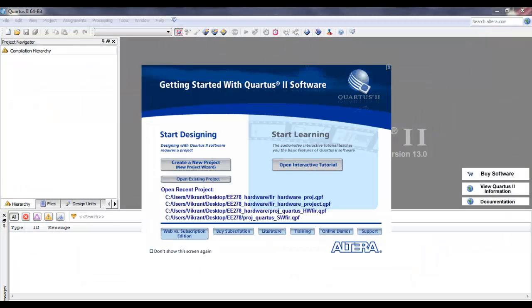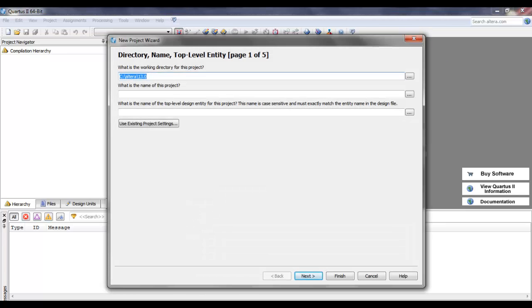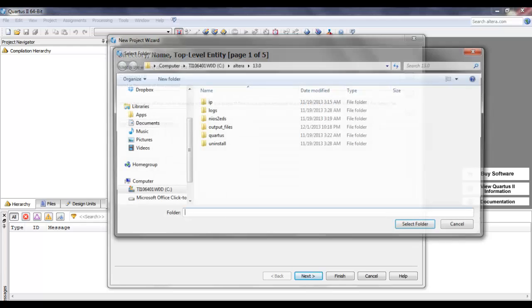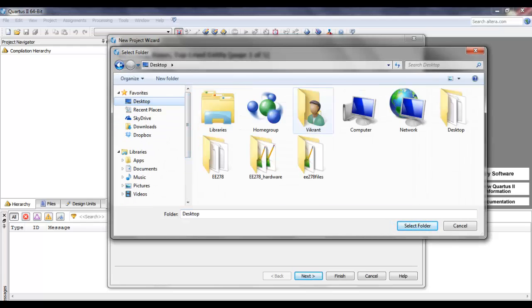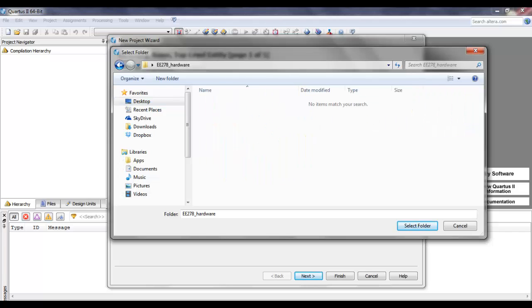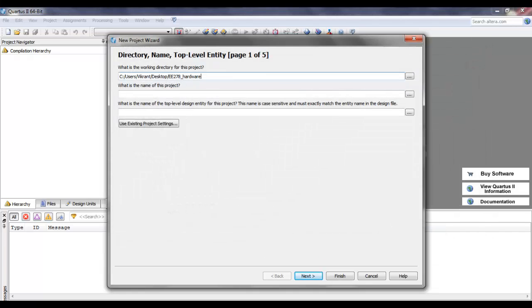After you open Quartus, you create a new project. I make a new folder which will be the working directory for my project. So this is the name of my project, and I'll change the top level design entity name for this project, as Qsys is going to have the same top